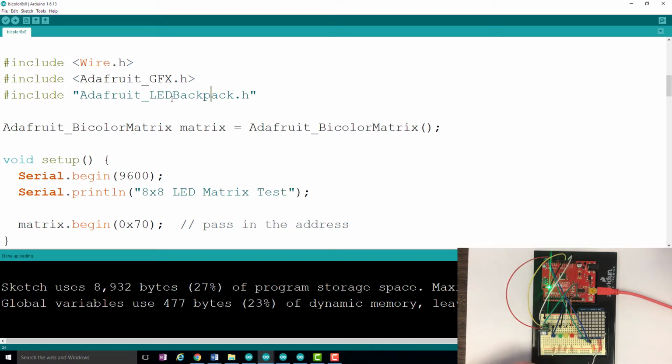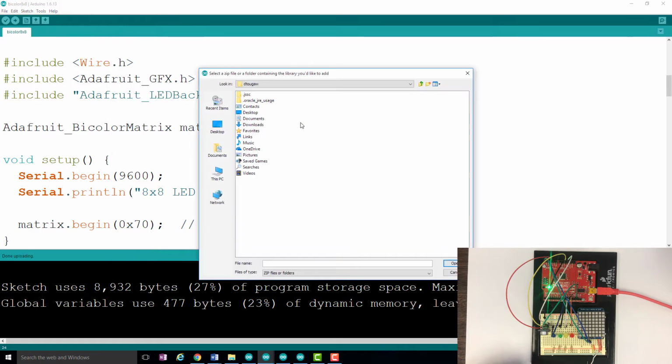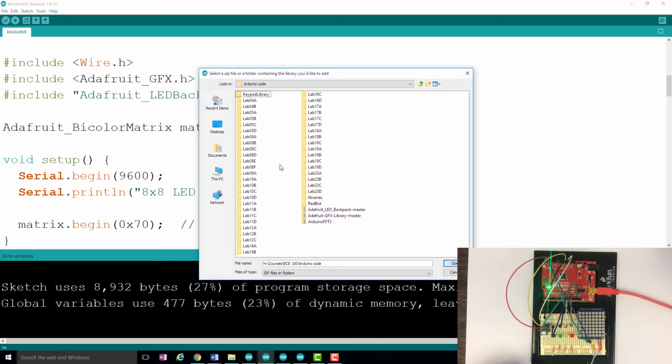You're going to need these 2 libraries in zip files. So download them, put them somewhere where you know they are, and then go to Sketch and go to Include Library, and then say Add Zip Library. And then you're going to want to go to the place wherever the zip library is stored. So for me, I'll go to the desktop, I'll go to ECE 100, and then under Arduino code,